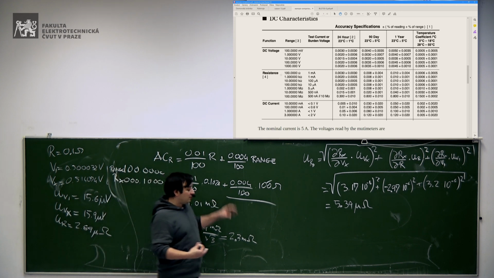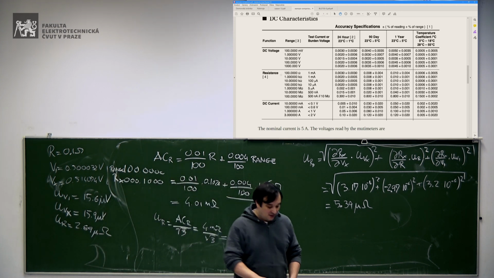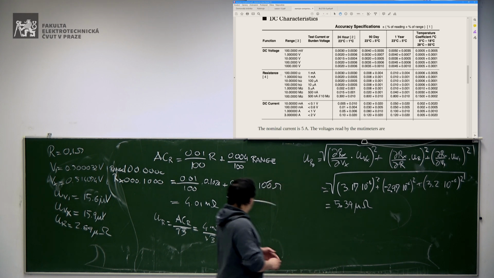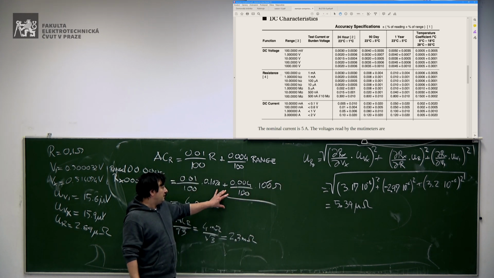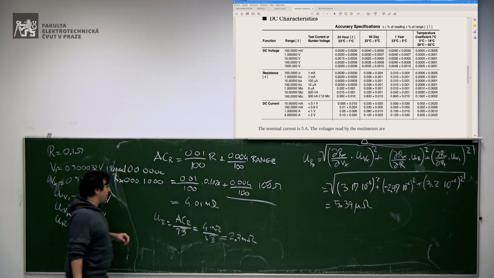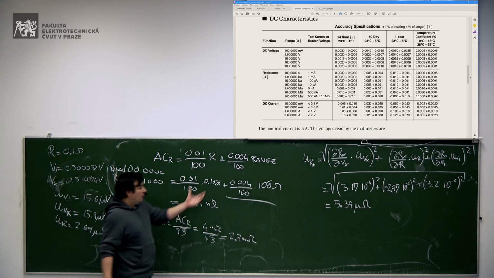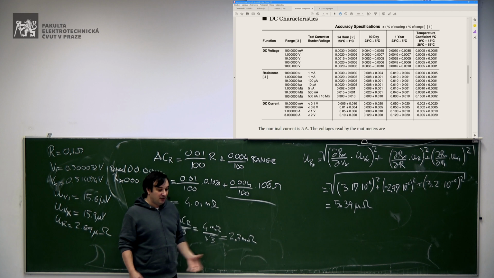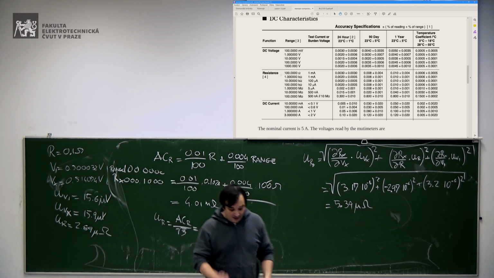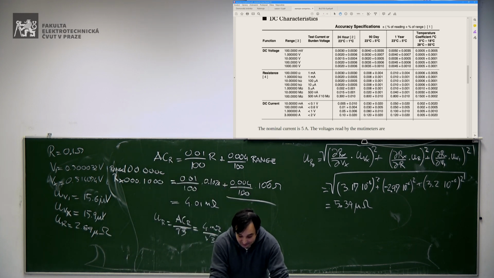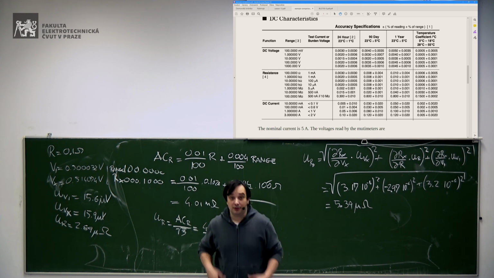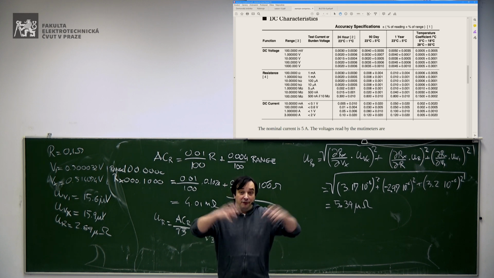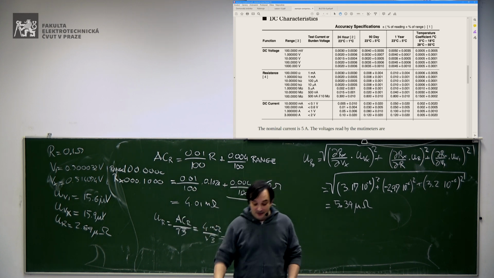So definitely this amount has a very large weight compared to the resistance that we are measuring, because it's very small, and this is always the same because it's proportional to the range. Doesn't depend on what you are measuring. And you will see here that, in fact, this value proportional to the range is bigger when you have small ranges, okay?